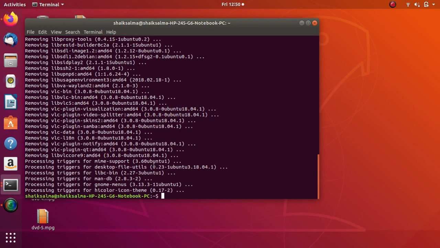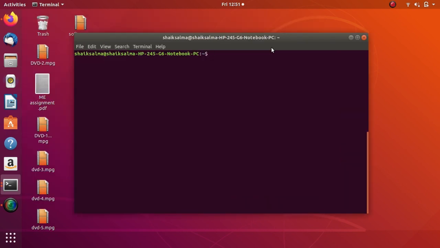Okay, the VLC is uninstalled. This is the process of uninstallation. Here you have to write sudo apt-get update, sudo apt-get install software name, and sudo apt-get autoremove software name for the uninstallation.